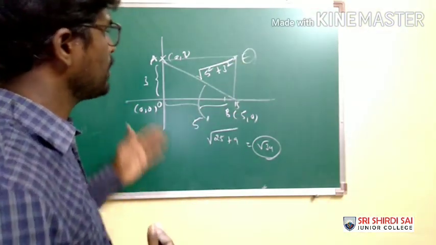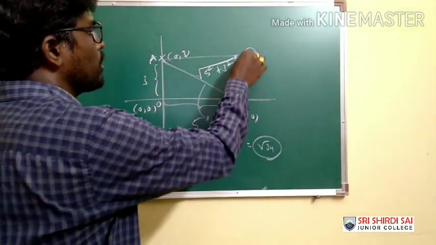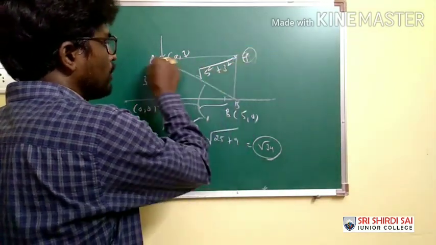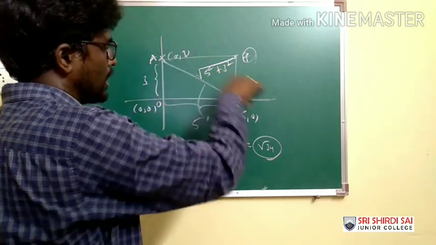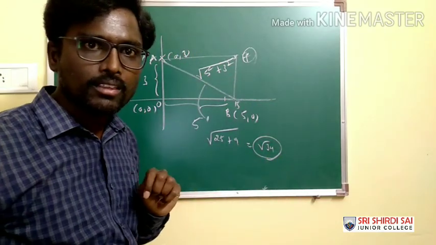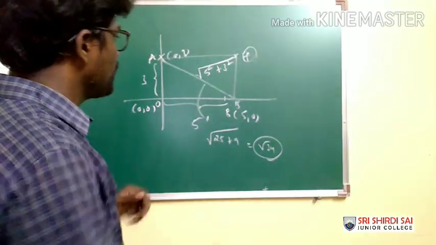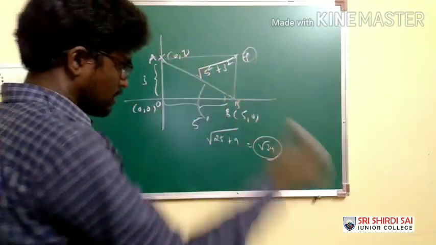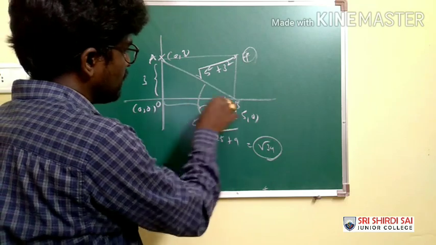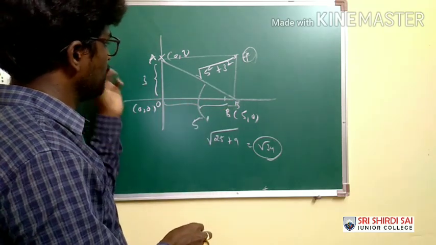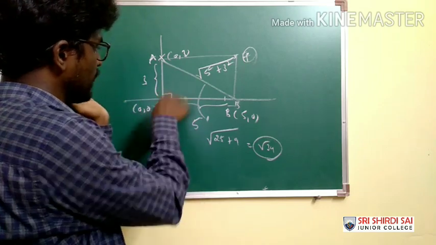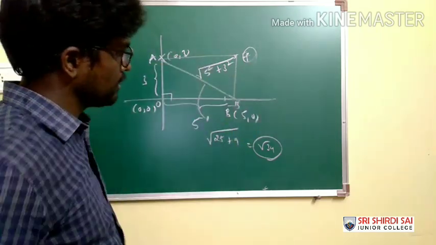We are getting, for some coordinate of P here, the rectangle, and it is asked to calculate the length of the diagonal AB. That's it. Fine. Therefore, this length can be obtained by the distance formula. Otherwise, you can take the x length as 5 units and the y length as 3 units, so that it is a right angle triangle, and hence use the Pythagoras formula.